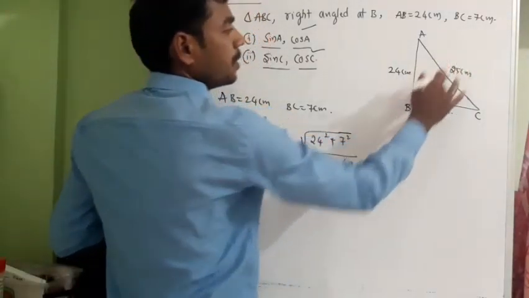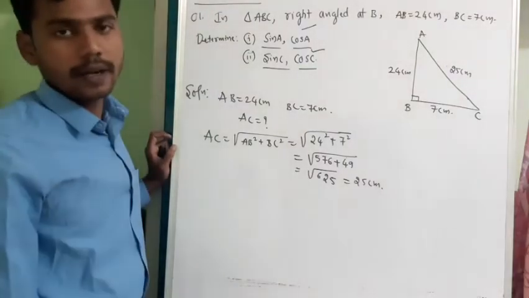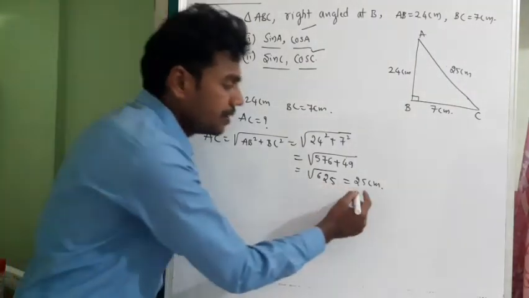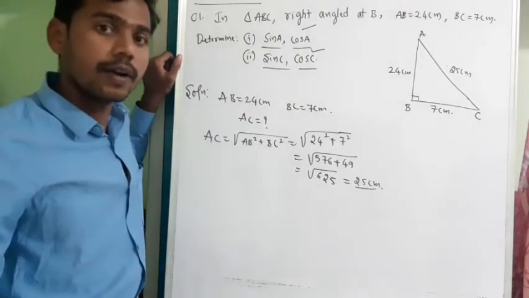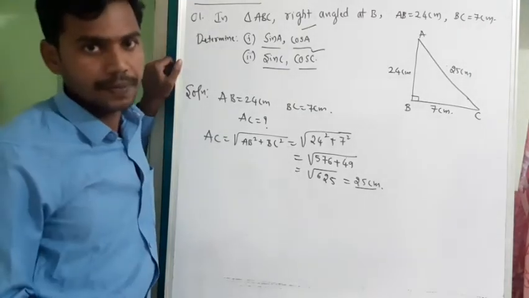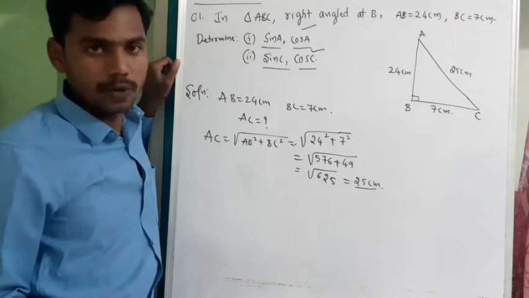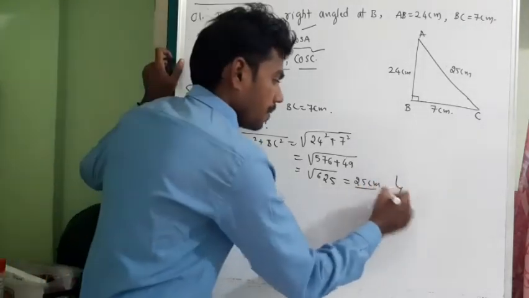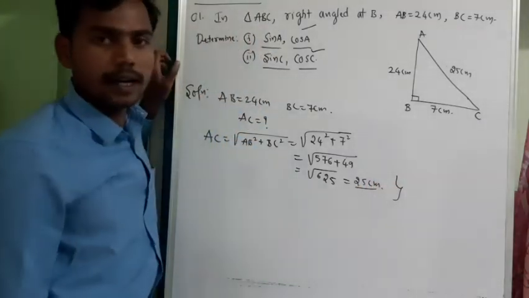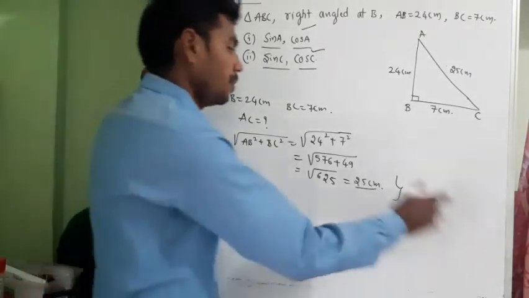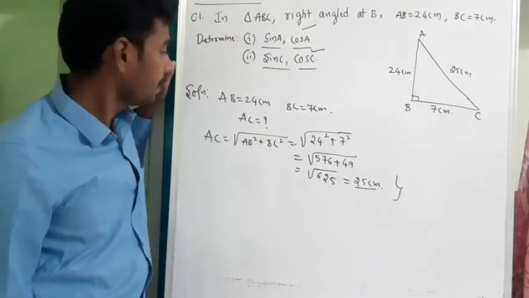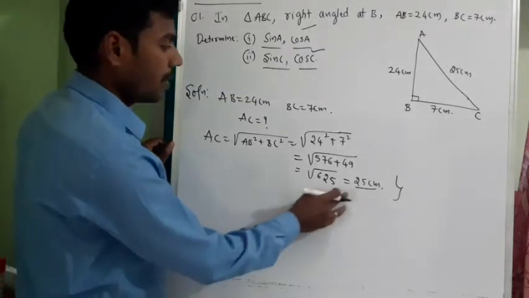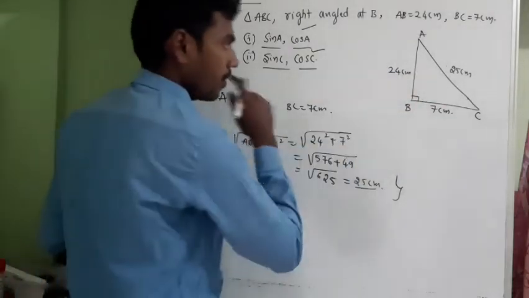So, students, you should know the squares till 30, it will be easy for your calculations. Even in mensuration, if you know the squares and all, your calculation will become easier. So you can score better. To simplify your calculation, you should know the squares till 30, cubes at least till 25. Next. So we got to know the hypotenuse is 25 centimeter.